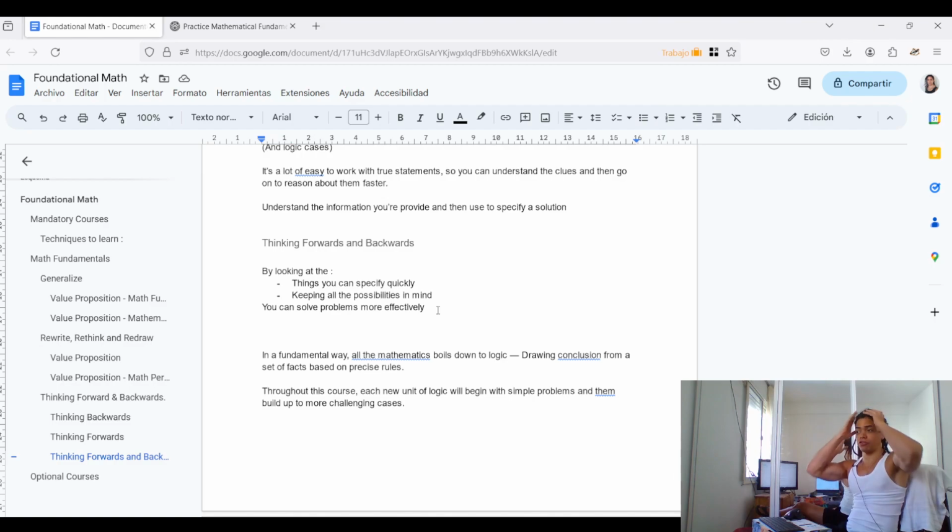And this is something true to myself, all right? So by looking at the things you can specify quickly, especially if you hit the gym, what are the things that I can do today? What are the things that I can specify quickly? And then keeping all the possibilities in mind, okay? And especially, for example,